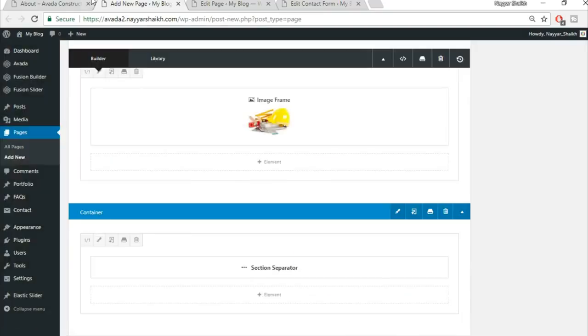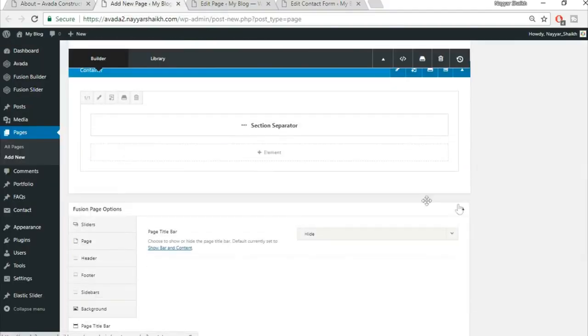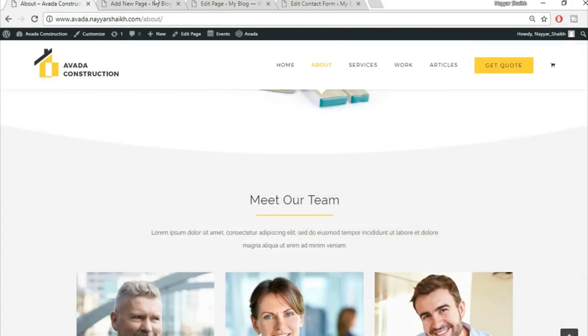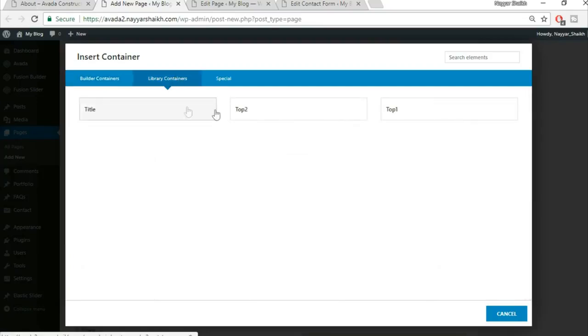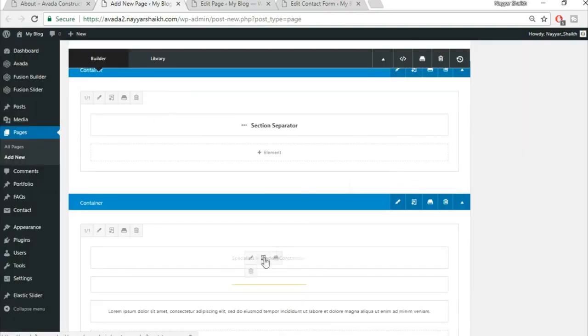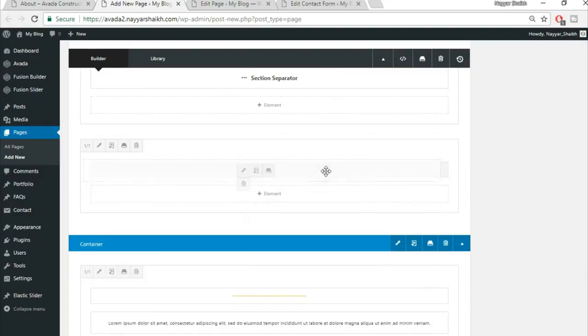Fine, click on save. Now let's add this section again over here. Title, subtitle. Fine. So add a new container. We are adding a new container just to copy. We don't need a new container, just to copy title, subtitle from that container from here. Okay, select title. Okay, as I said, just add a new column in the above container and just copy this